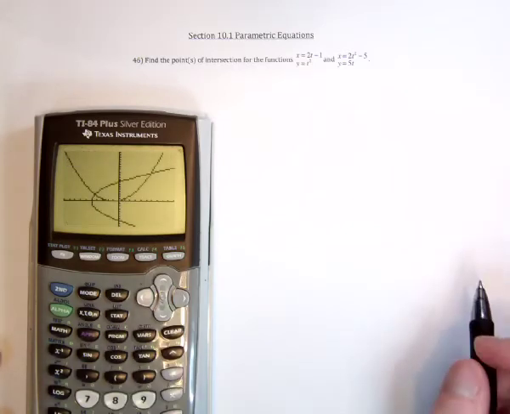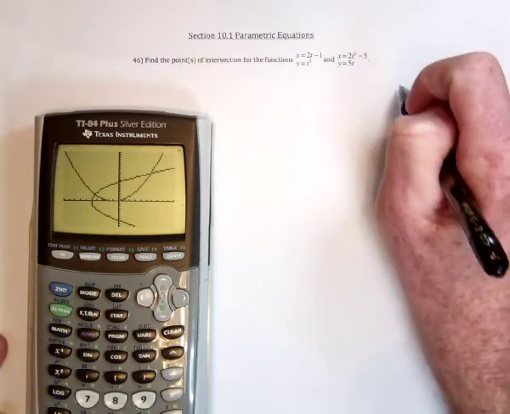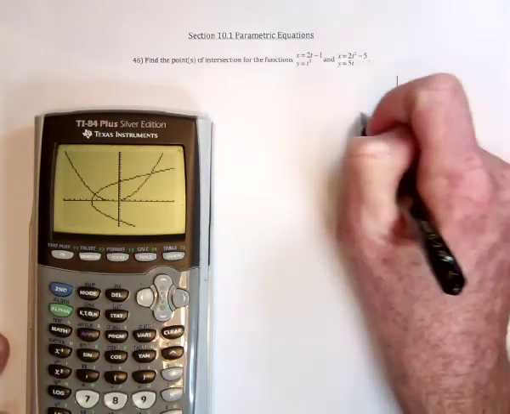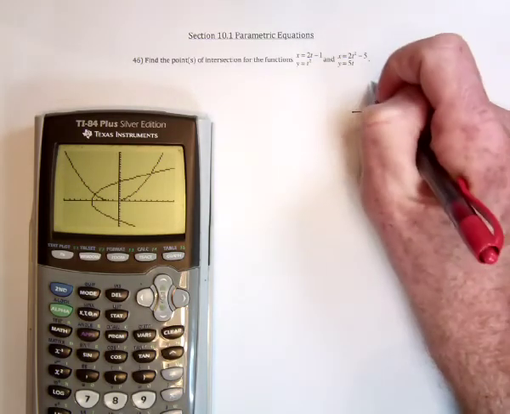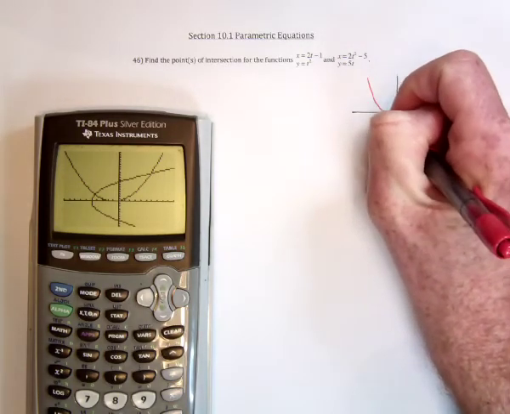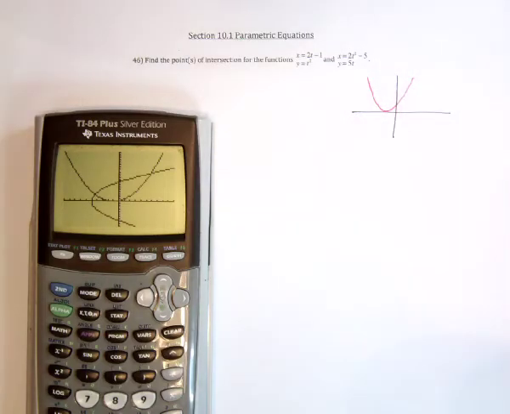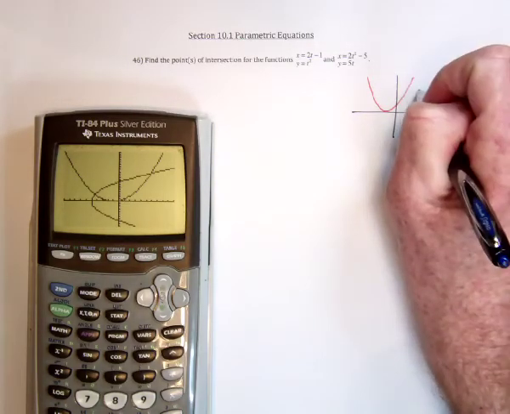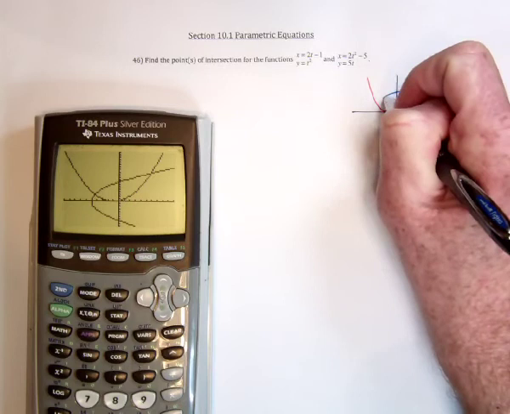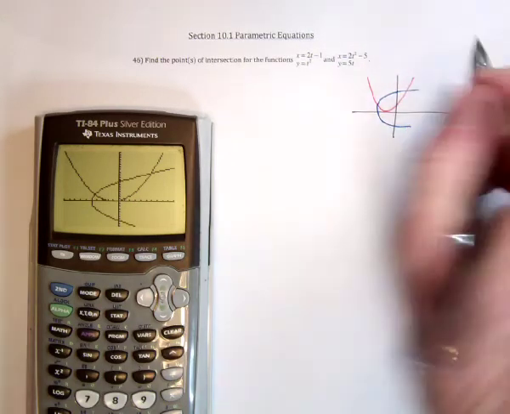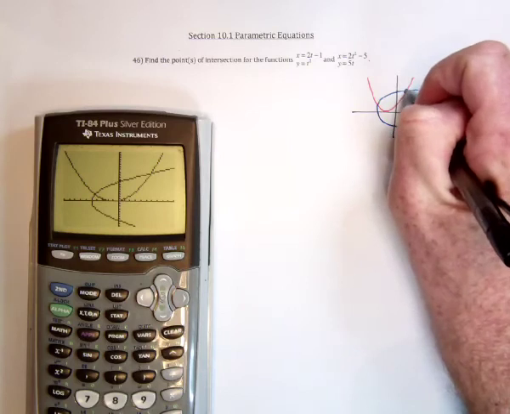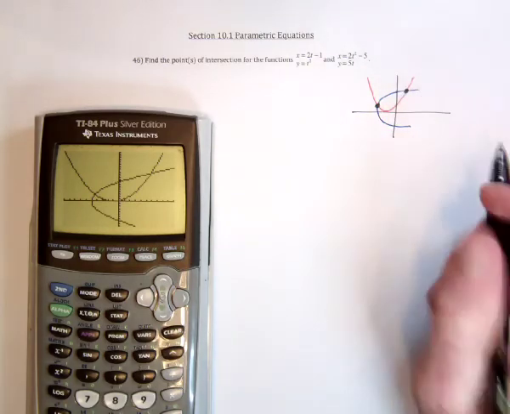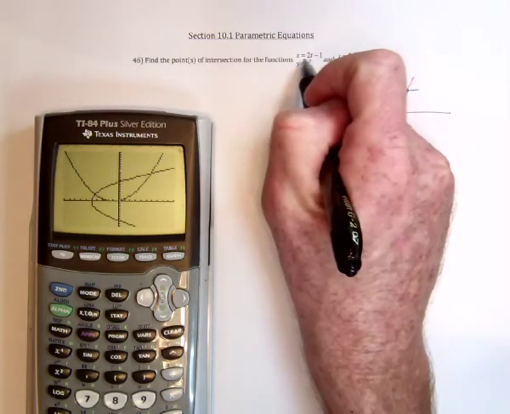So we've got these two parabolas. One of them is going up, and one is going sideways. And we're going to be looking for the intersection points. It seems that there's two. Well, if you look at this part,